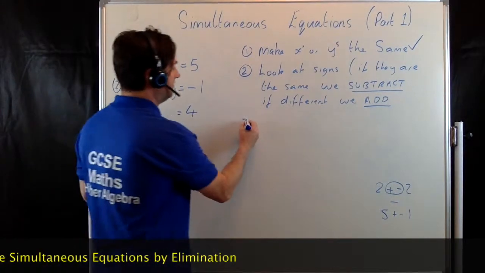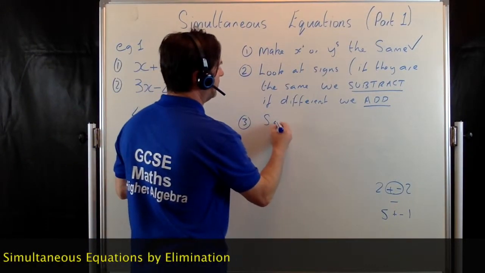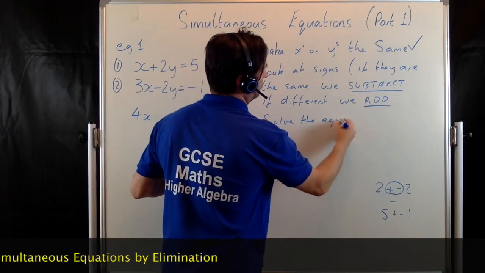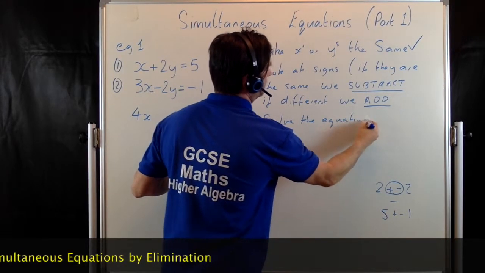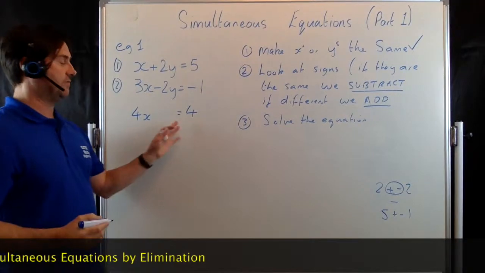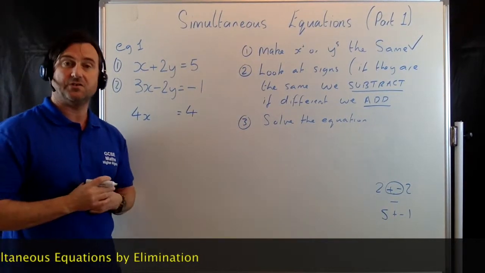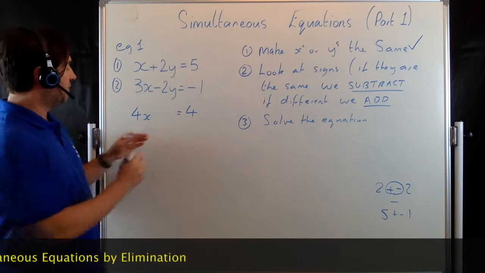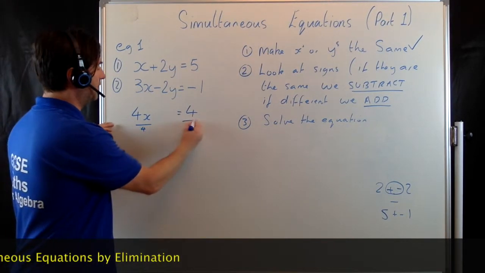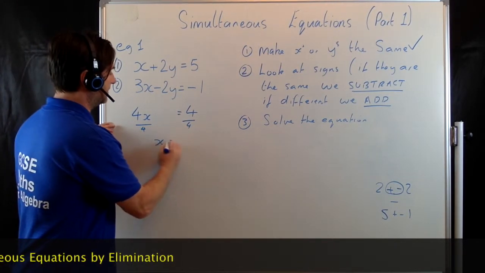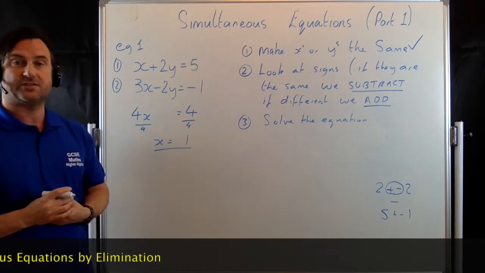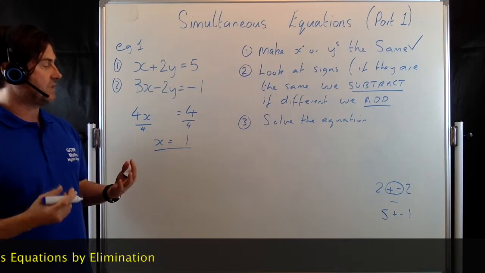Step 3, we now solve the equation. Because basically here we've got an equation, 4x equals 4. It's a simple equation, but we can solve it. So if 4x equals 4, divide both sides by 4, you're going to get x equal to 1. So I've found x. Now the last step